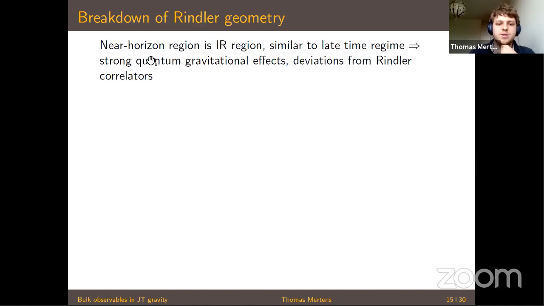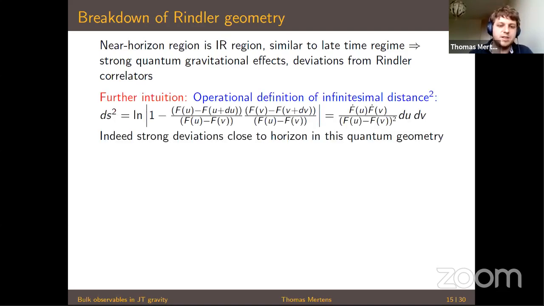So the near horizon region, where you put one of the operators close to the horizon, is like an IR region, and it's similar to the late time regime. So strong quantum gravitational effects and deviations from Rindler correlators, where Rindler is, of course, the near horizon geometry of any black hole. You can get further intuition into this statement by, instead of considering a bulk correlator, you consider